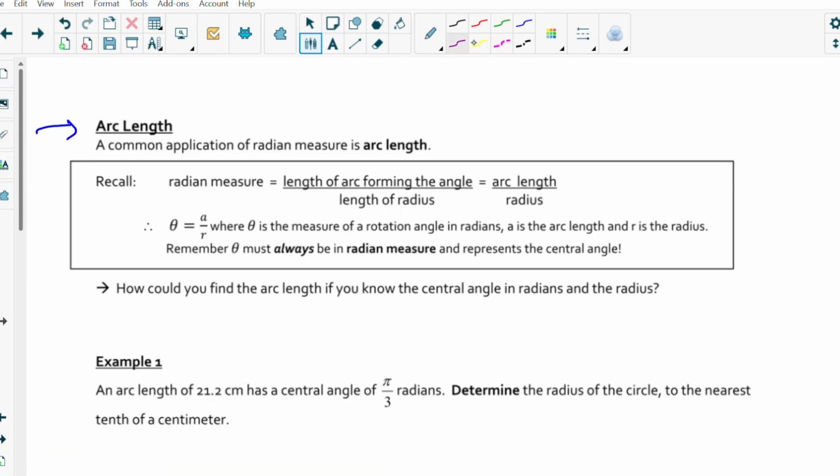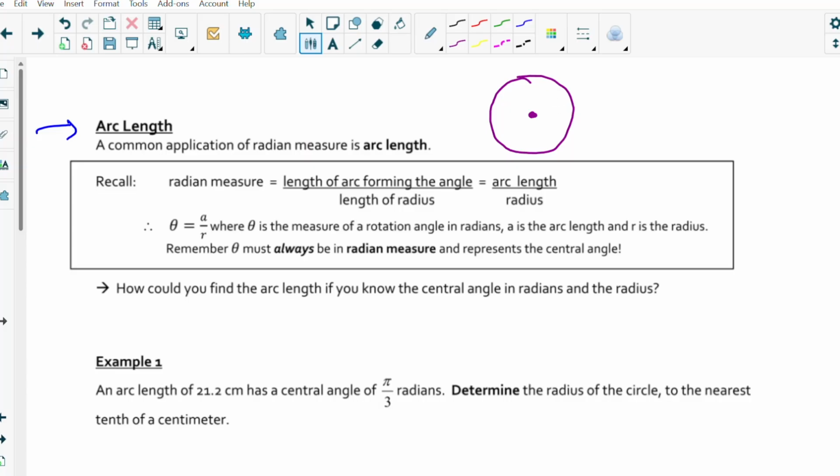Let's think about this concept, arc length. A common application of radian measure is arc length. Recall, radian measure equals arc length forming the angle divided by the length of the radius, equals arc length divided by the radius. So if I have my circle like this,